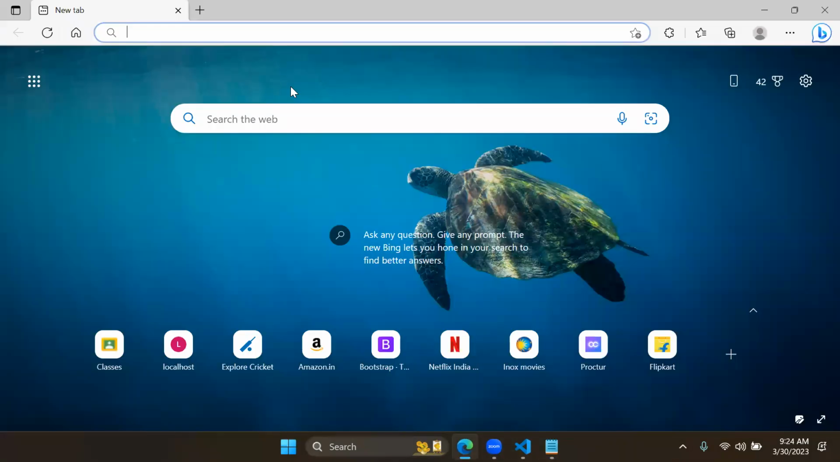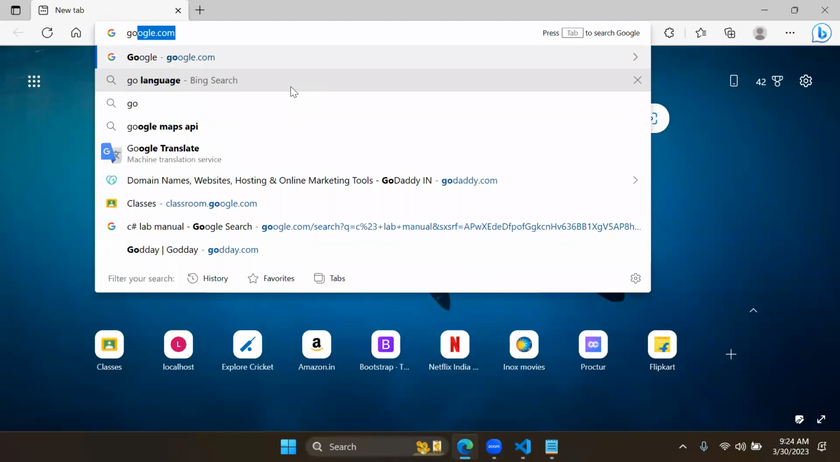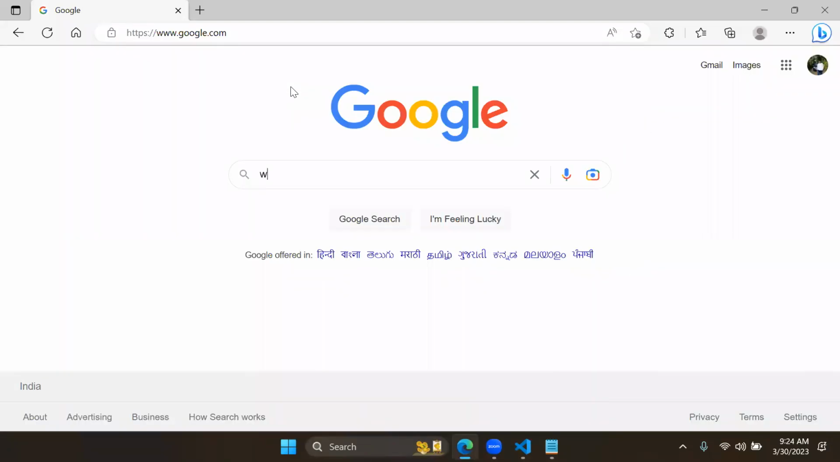So many will be there. Suppose you are designing a website. In that website, you want to put some weather-related data. Weather-related means current weather data. You can Google it. Suppose I Google here: weather